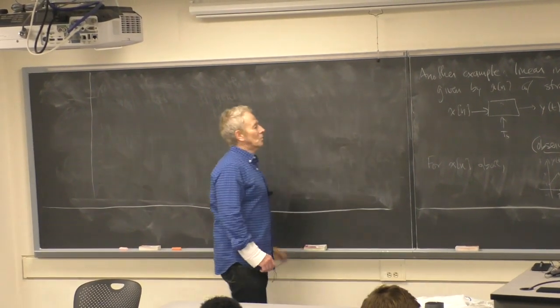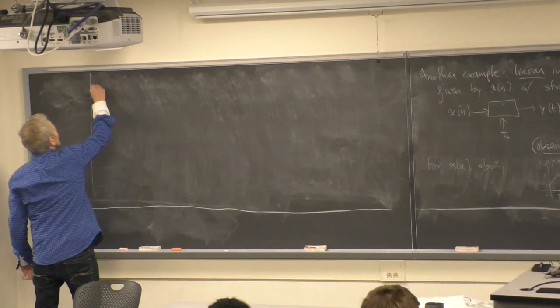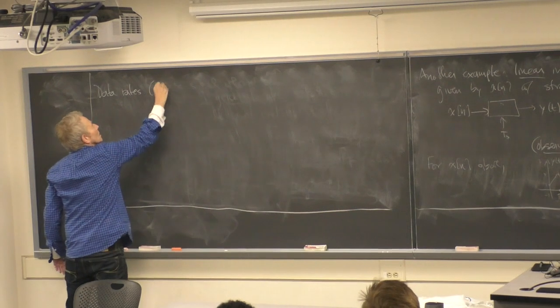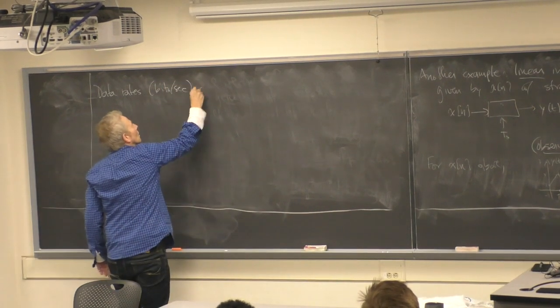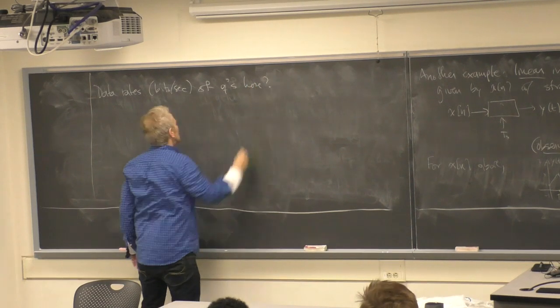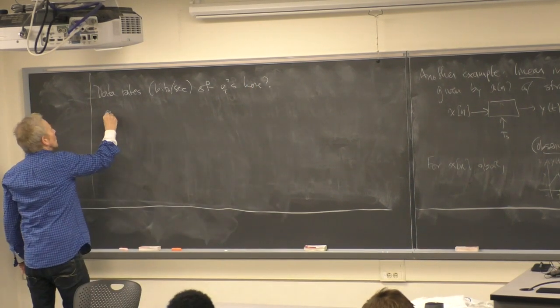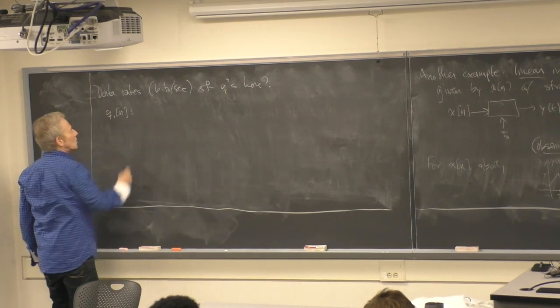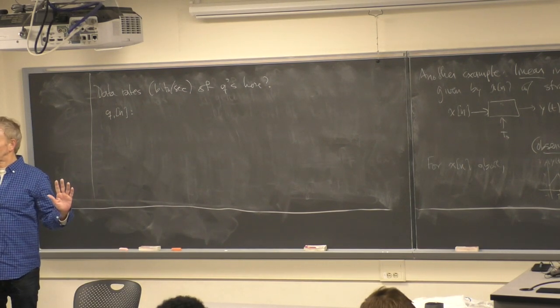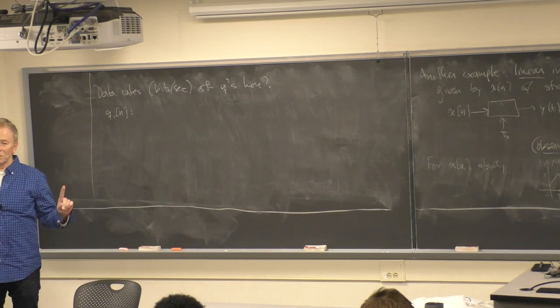So the first one: what are the data rates in bits per second of the Qs here? Q1 of n. All right, how do you get Q1 of n? You take, and remember we're talking stereo here, right? Two channels